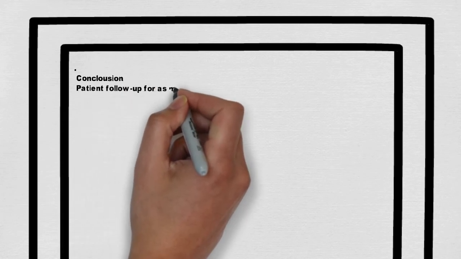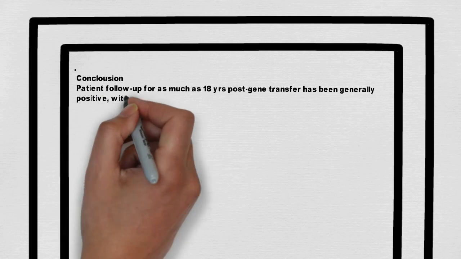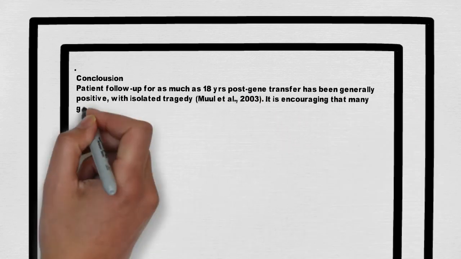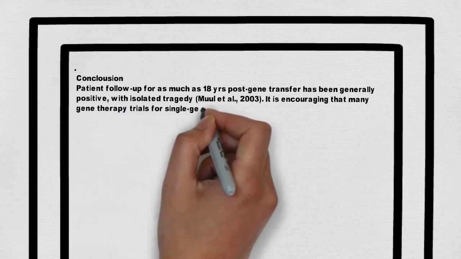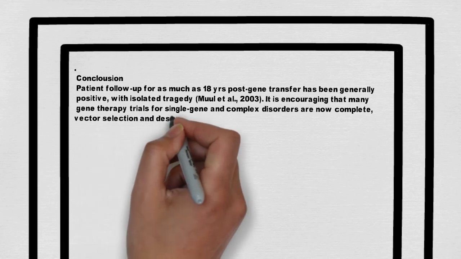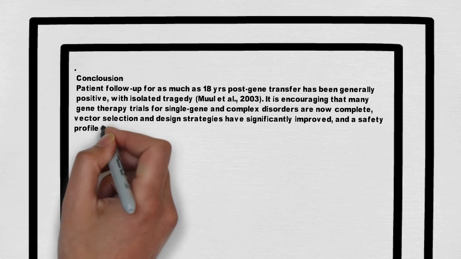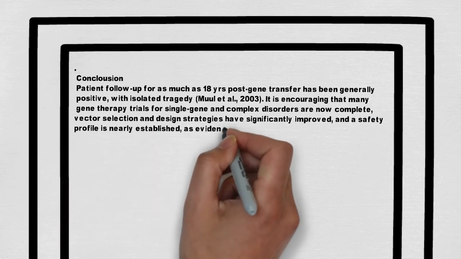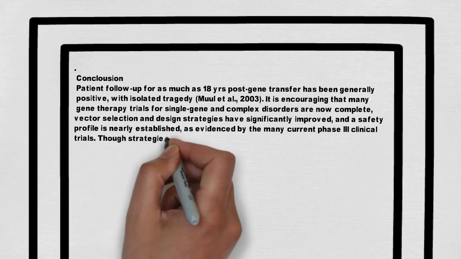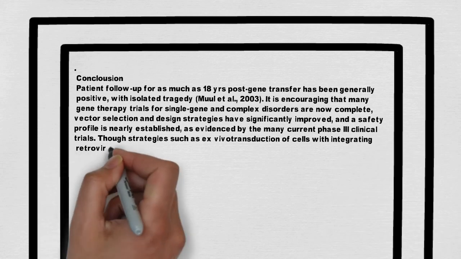Conclusion. Patient follow-up for as much as 18 years post-gene transfer has been generally positive, with isolated tragedy. It is encouraging that many gene therapy trials for single gene and complex disorders are now complete. Vector selection and design strategies have significantly improved, and a safety profile is nearly established, as evidenced by current Phase 3 clinical trials. Though strategies such as ex vivo transduction of cells with integrating retrovirus are promising,